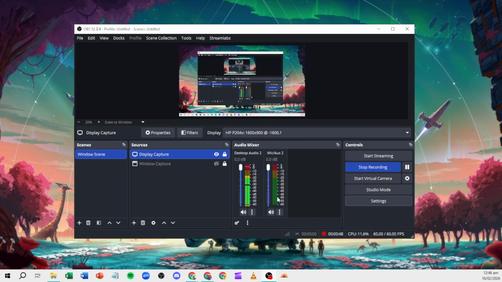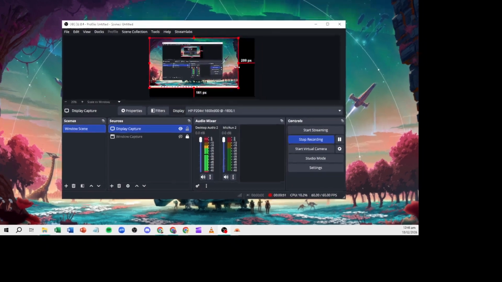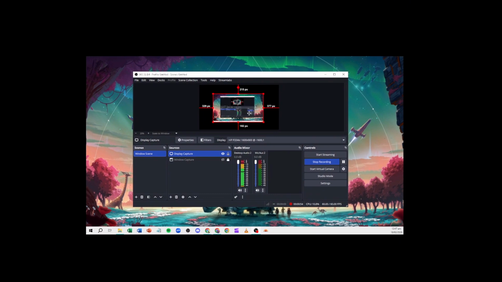If you need to crop a webcam or game capture to remove dead space, hold the Alt key while dragging an edge. This trims the source without changing its scale. If you absolutely must override a source's aspect ratio, hold Shift while dragging to stretch it, but use that sparingly